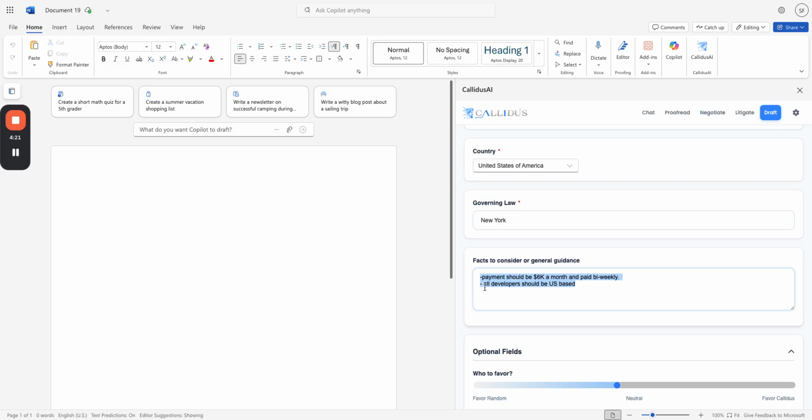So that's a primer on our Microsoft Word plugin and how you would leverage the draft provision and draft contract features. If you have any